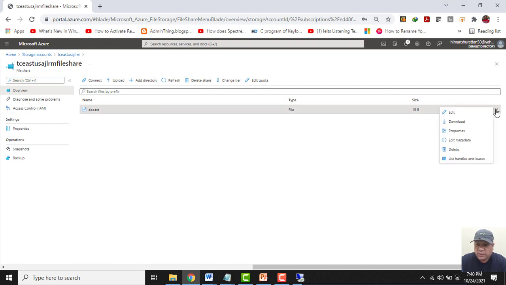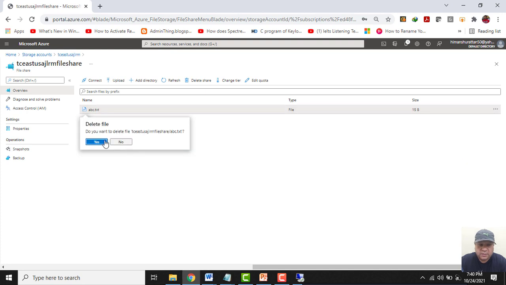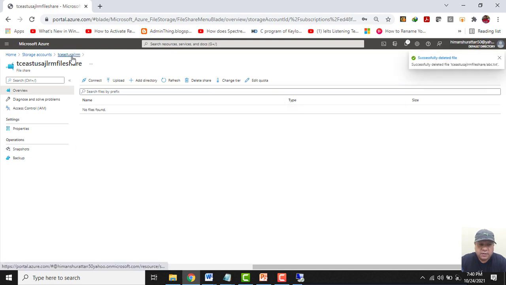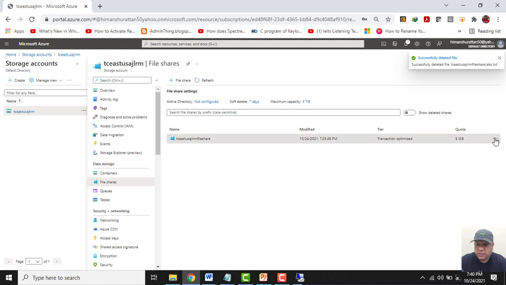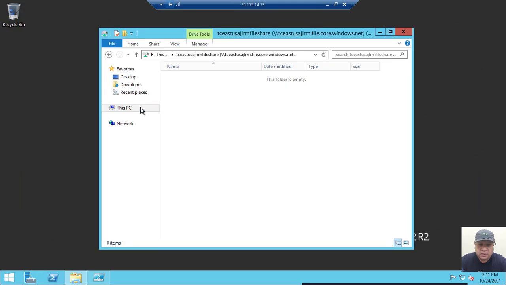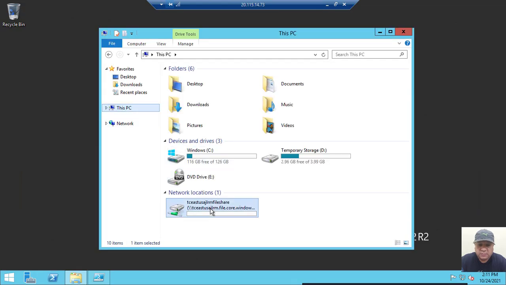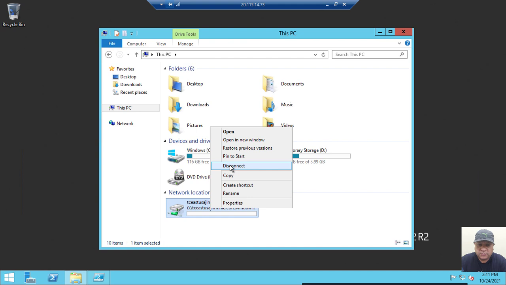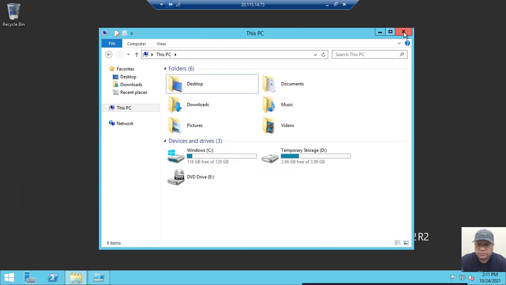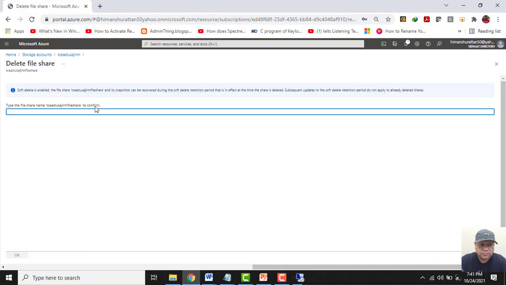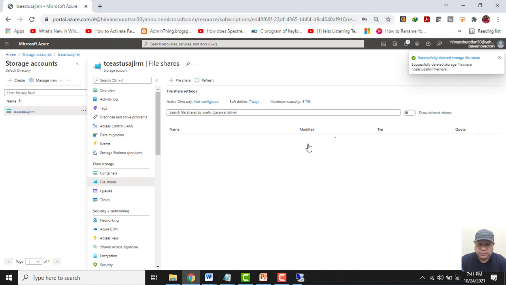So guys, let me delete this file and let me delete this file share as well. Let me quickly unmap it. Click on OK.